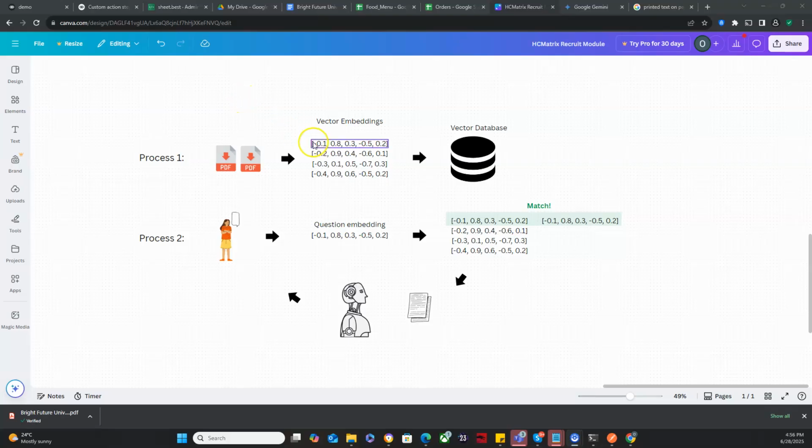let's say this is the embedding for "I am a boy" and this is the embedding for "I am a man". We run a similarity mathematical algorithm between both vectors. We should get a percentage of how similar both embeddings are, and that percentage of how similar both embeddings are maps directly to how similar both sentences are